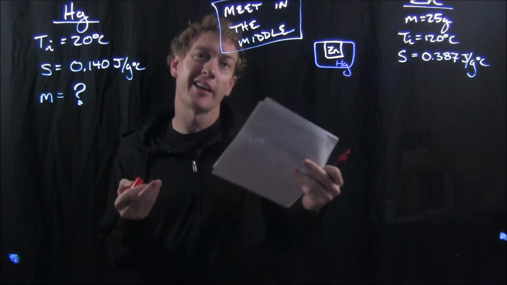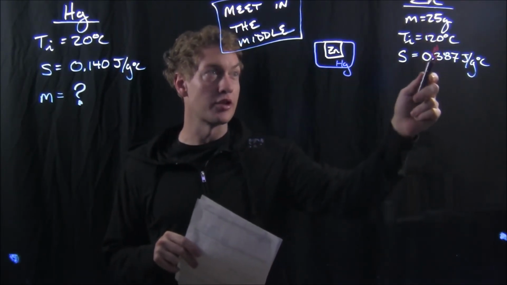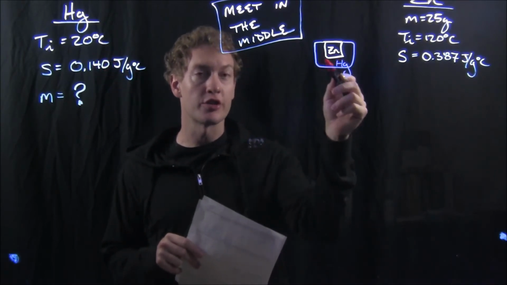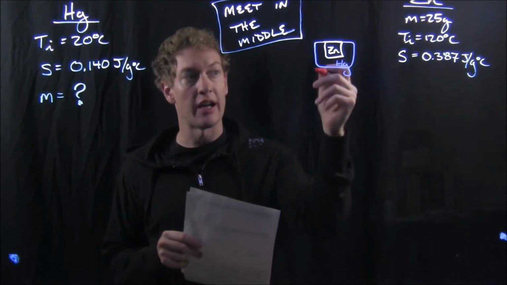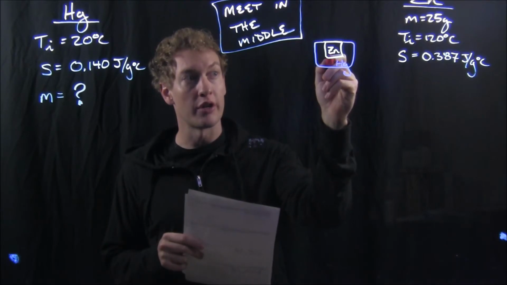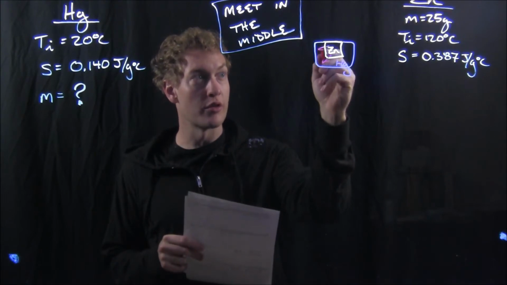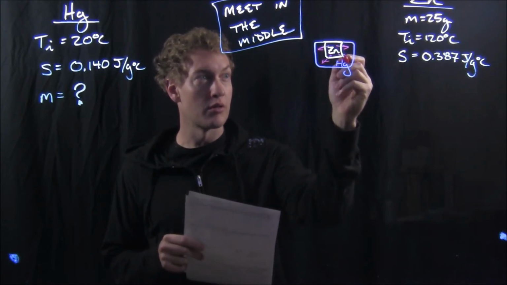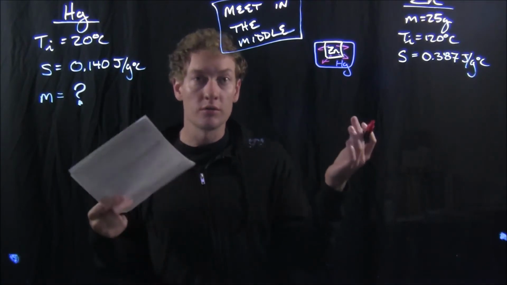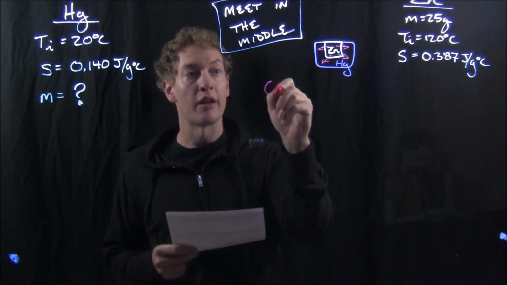Now let's just think about what's going on here. The zinc starts at a higher temperature. The mercury starts off at a lower temperature. So the internal energy of that zinc is higher than the internal energy of the mercury. So heat is going to flow, or energy is going to be transferred from the zinc into the mercury. How much? Well, we could maybe calculate that, but I think we can all agree that the Q